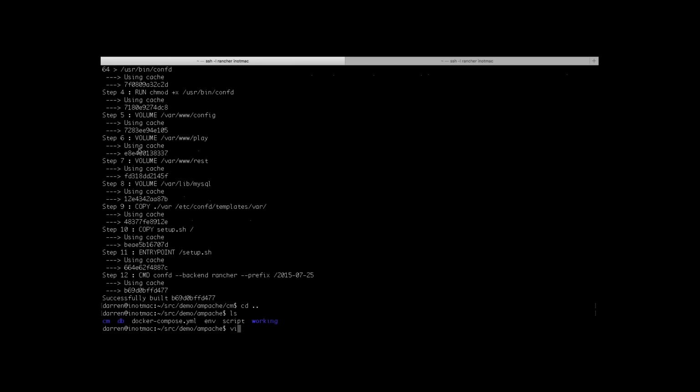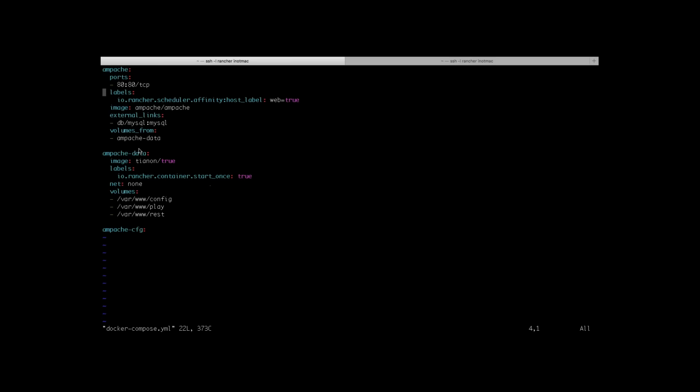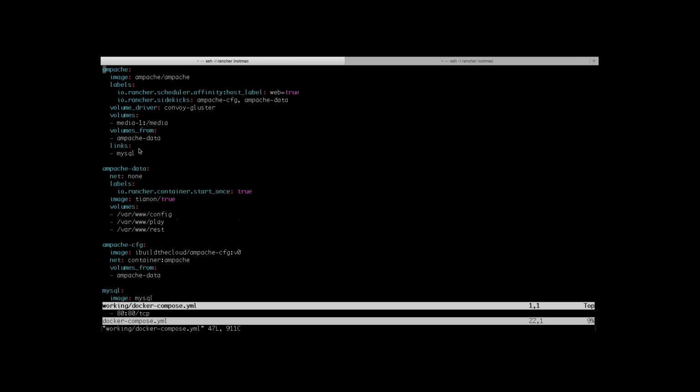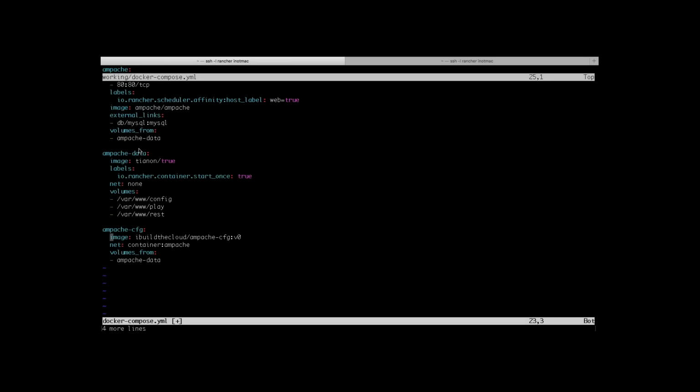So if I go back to my example here that I'm working on, let me go back to the cheat sheet here. Copy this, and I'll show you. This is the image; the files I was just showing are in this image. I've already pushed that out there ahead of time. So a couple things, we're going to do net container. The reason why we're going to do net container to Apache